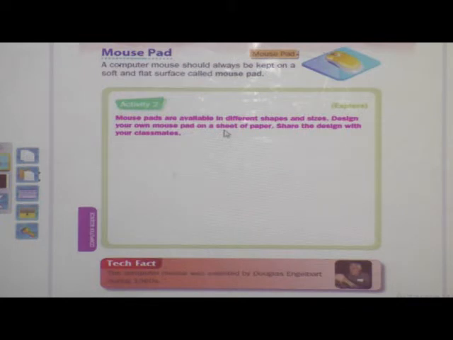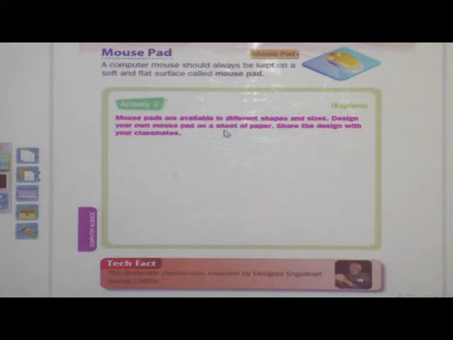Next, mouse pad. For using the mouse smoothly and properly, we use a mouse pad. What is that? A computer mouse should always be kept on a soft and flat surface. It is called a mouse pad.